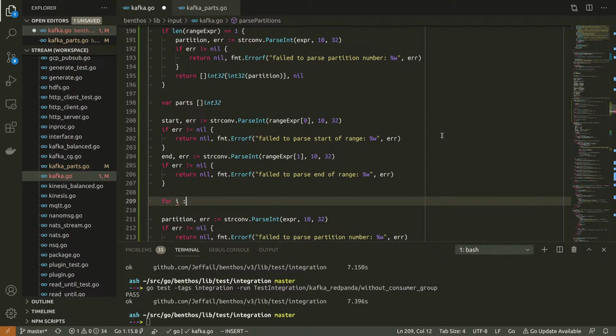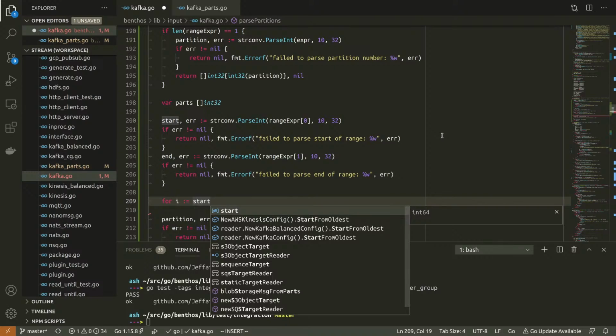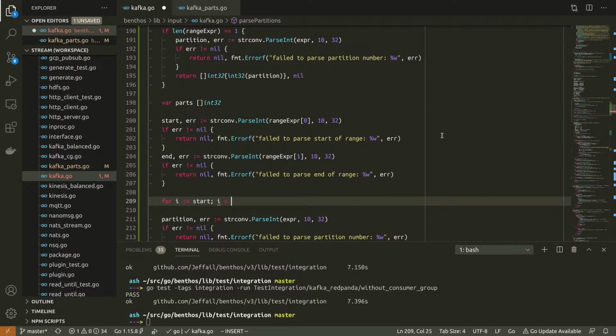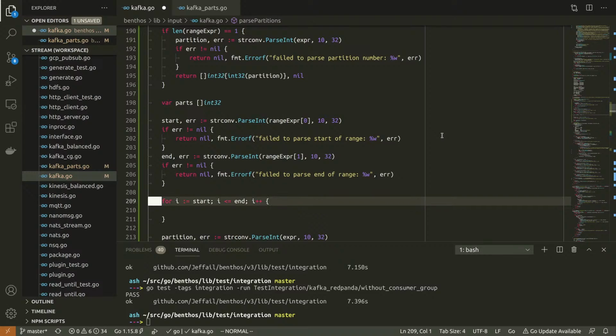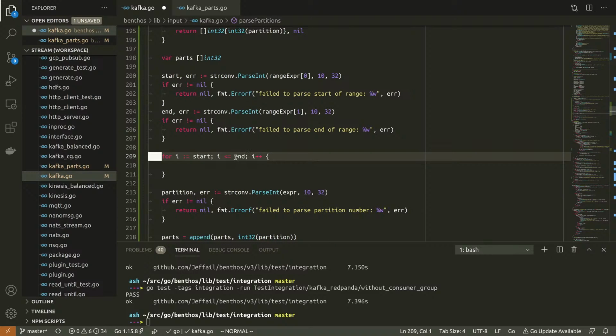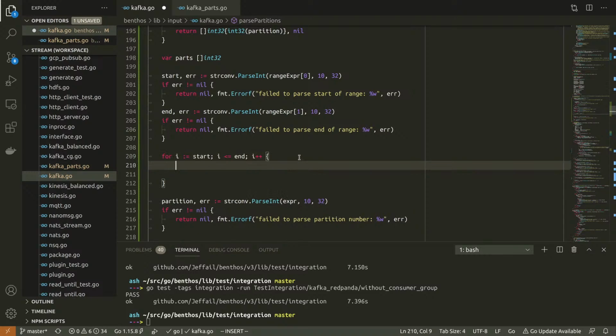And now, assuming we were successful, we start with the start index, and then the end is inclusive, so we want to make sure that we do at least the loop of the last value.